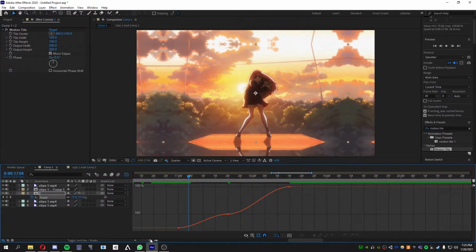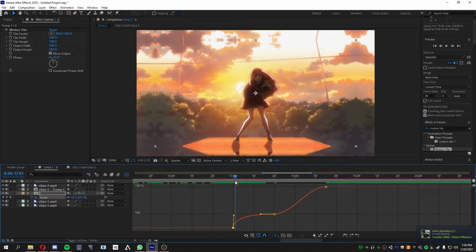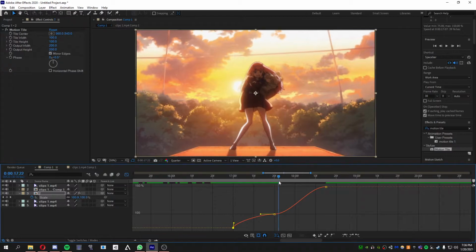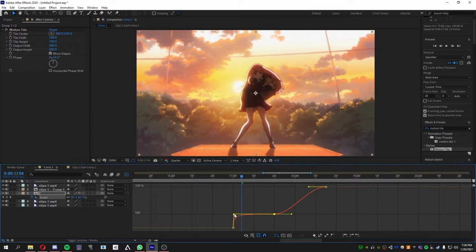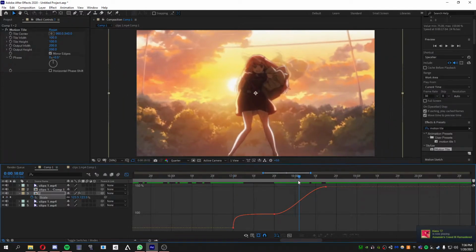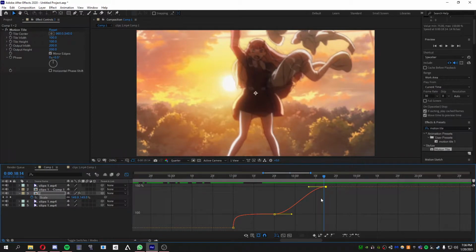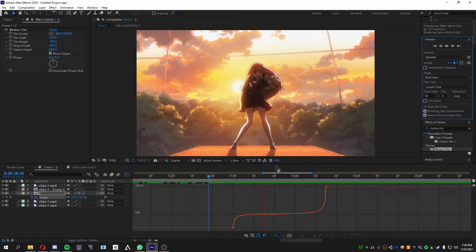Now, what these curves do, this is the start of the clip. So if you turn this up, the scale will go way faster. You see? If you just leave it like this, it'll be a really slow transition. It won't look good. It will look really choppy. So what you want to do is you take this and you take these and you both put them to the bottom left of this line where the keyframe is on. And you do the exact opposite of this one. You want this one to slowly fade in. So you put this one all the way to the bottom right, this one all the way to the bottom right, and boom, you have a standard